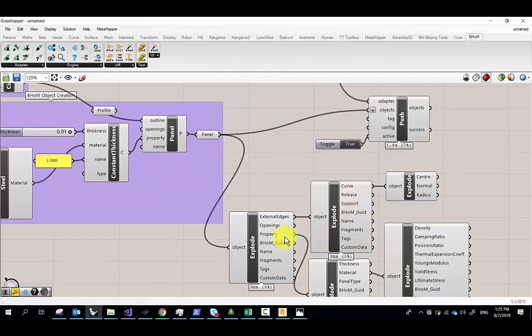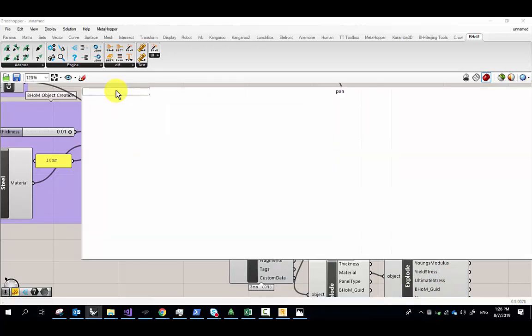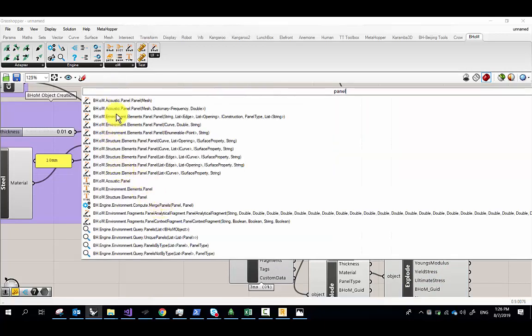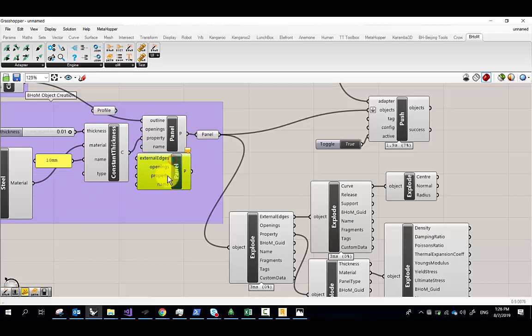Well, knowing now a little bit better what a panel is, if I go Shift-Control-B and say panel, first of all, I'm not going to look at anything that says BHoM environmental, because we're not environmental engineers. We're not MEP guys. But this guy here asks for a list of edges, a list of curves. So we know that what we want to do still creates a panel, but instead of taking in an outline, it takes in an edge. Why is that important? Because if I go Shift-Control-B edge,